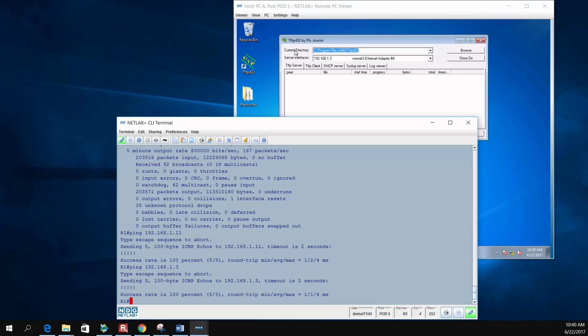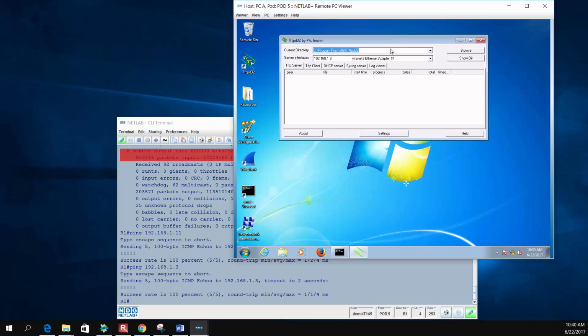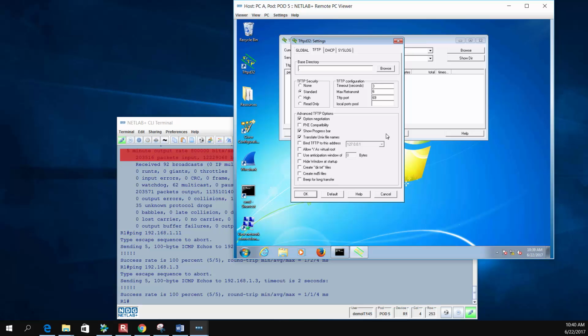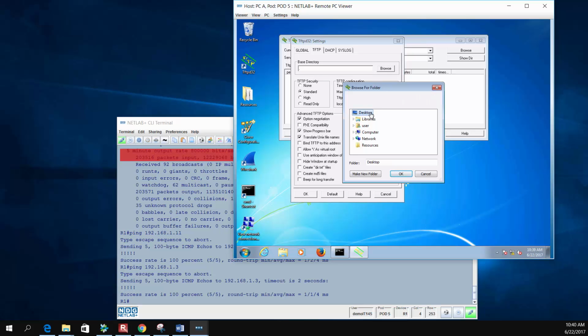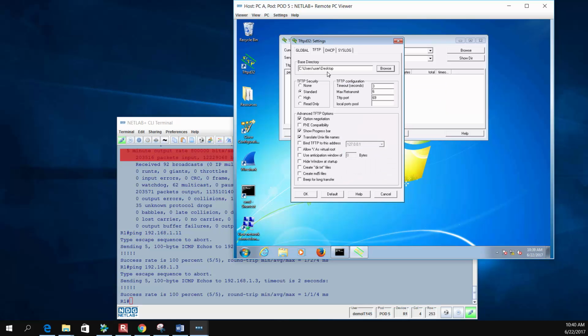So to change the current directory, all you have to do is go to the settings right here and change it by browsing and pointing to the desktop as the base directory. So I'm going to change the base directory to point to the desktop. Again, I did that by going to